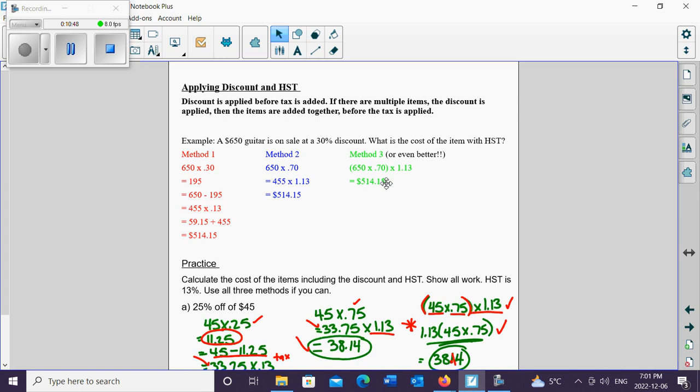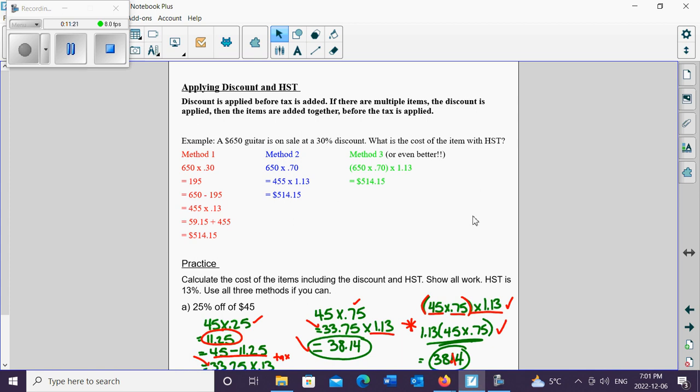Lastly, for the grade 8s and some of the grade 7s, you can put it all in one line. You can do 650 times 70% and put that in brackets so it gets done first, and then multiply it by 1.13. And you can see that all the answers are exactly the same, and all of your work has been shown in each of these questions. That would be the strongest. That would be the second strongest way to show it. This one is completely accurate and you wouldn't lose any marks, but why wouldn't you try to move yourself towards